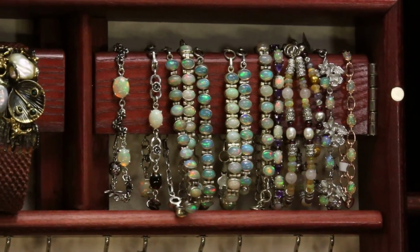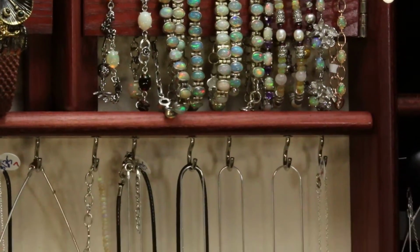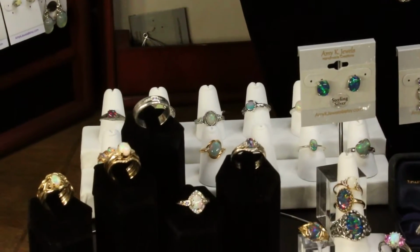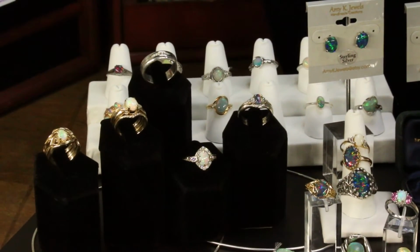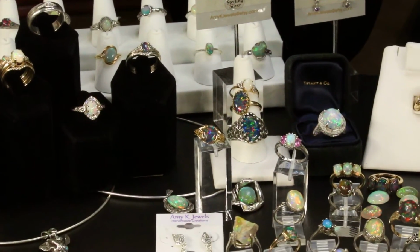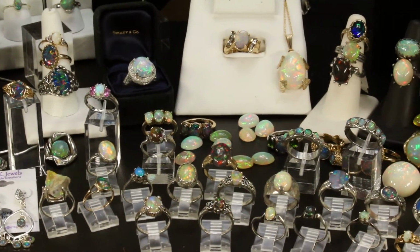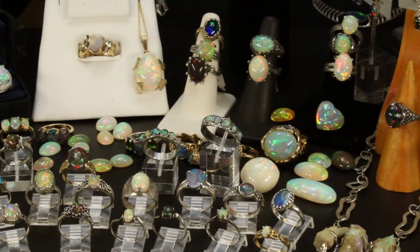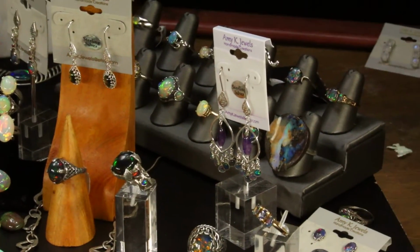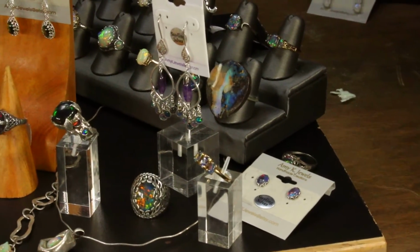So the best way to look in my shop is to look in the section that you're looking for. Look in the opal bracelets section for opal bracelets, or the opal engagement ring section for opal engagement rings. If you're looking for opal engagement rings, you also want to look in the ready to ship section, simply called ready to ship. And then you can see that I have quite a few rings that are already made in gold or silver